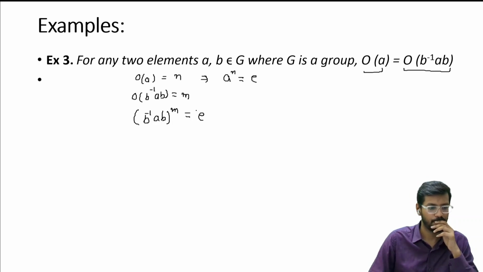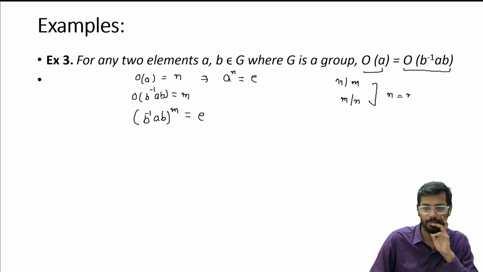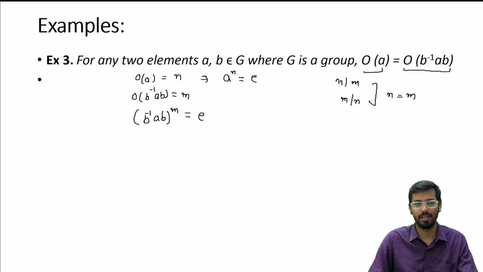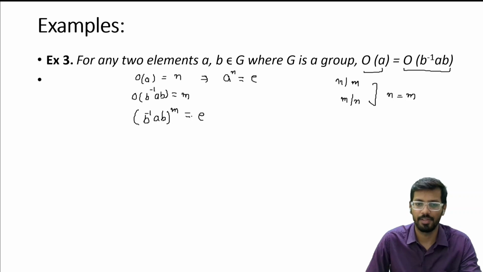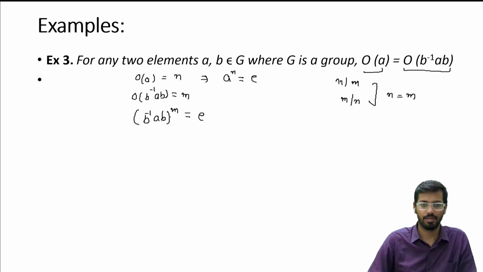Okay, so now we have to take, first we have to show n divides m, then later we prove that m divides n, that means n is equal to m, that we have to solve. Okay, so A raised to power n is given, and B inverse AB raised to power m is equal to identity element. From this we can write